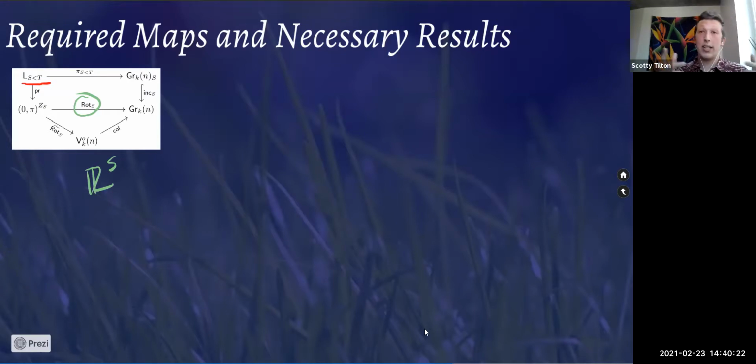And the reason that there's 2 connected components is because we can consider that RS to be with 2 possible orientations. There's the positive orientation and the negative orientation. That's why we have the 2 connected components. Okay. And then there's another map,